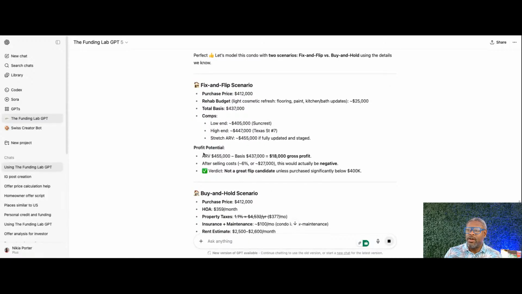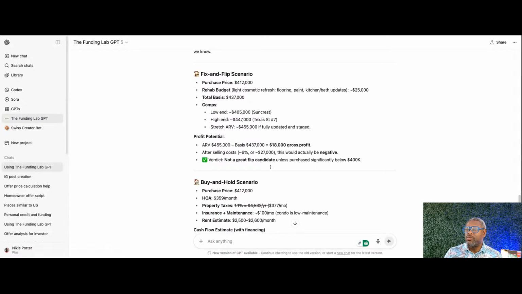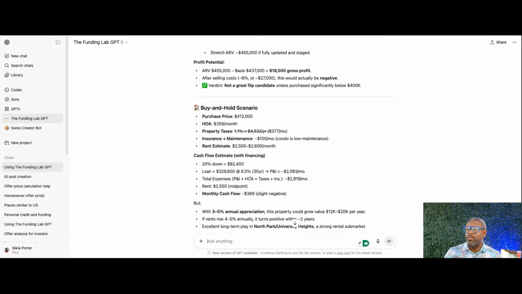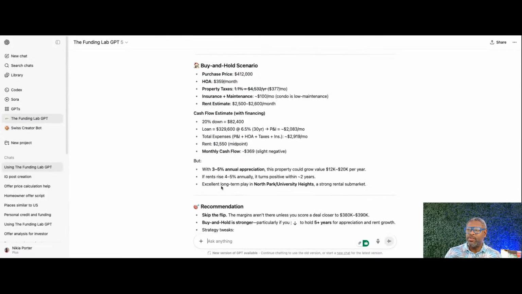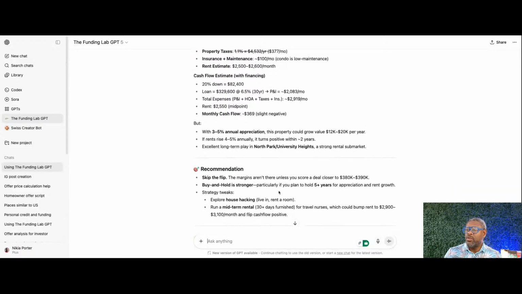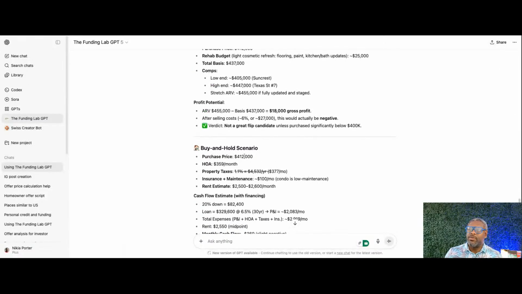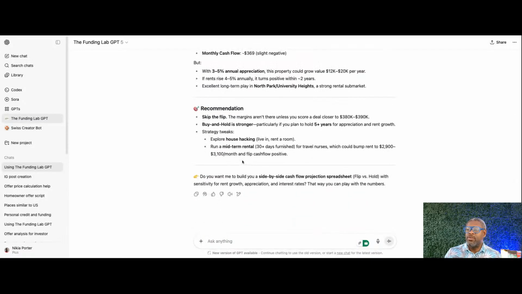It's telling you potential profit with the ARV, gross profit, if you get it at the purchase price of the 412, and shows you the cash flow. So it gives you a full breakdown. So this is helpful. So let's say, for instance, I was a wholesaler and I was able to get this